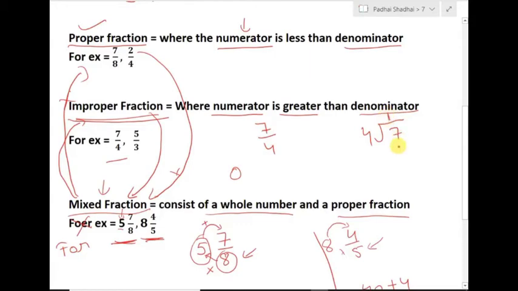4 1s are 4, and the remainder is 3. Now changing the places, beta. See, 4 will come in the denominator. It will come downside. 1 will come in the front side, and 3 will go on the top. So in this way you can convert an improper fraction into a mixed fraction.